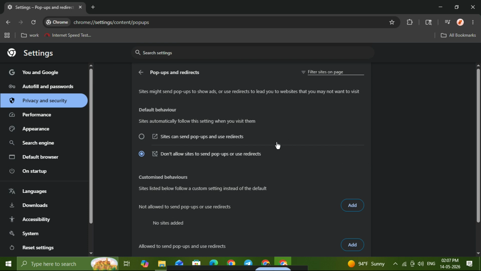To disable the blocker, select sites can send pop-ups and use redirects. As soon as you choose that option, Chrome will allow pop-ups and redirects on websites. That means pages that need an extra window, a login prompt, a booking form, or a payment dialog should now work correctly. If you only want to allow pop-ups on certain trusted websites instead of turning the blocker off completely,